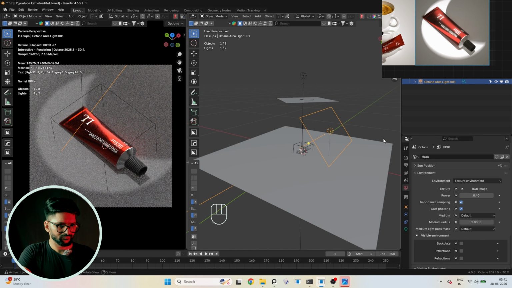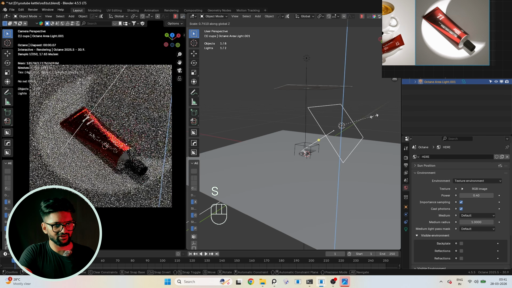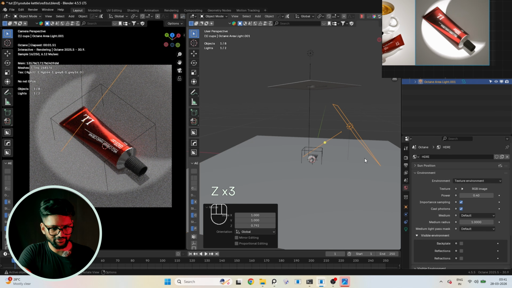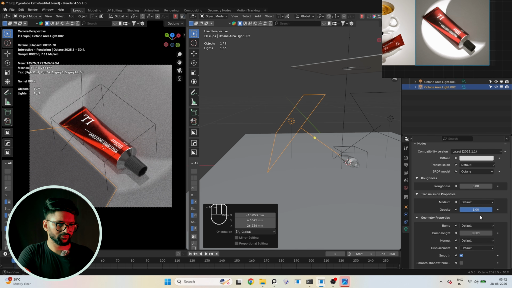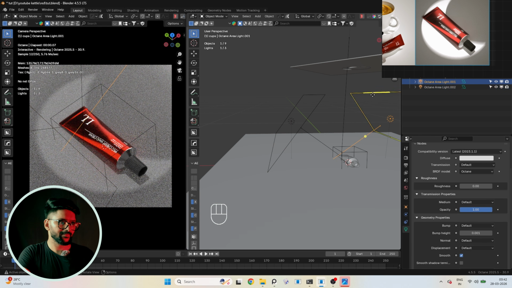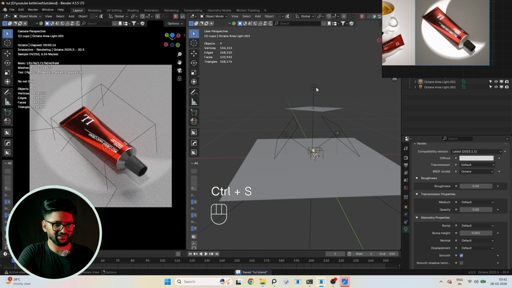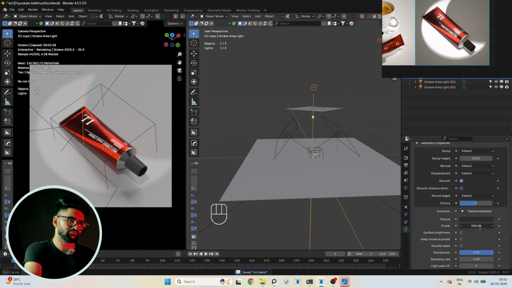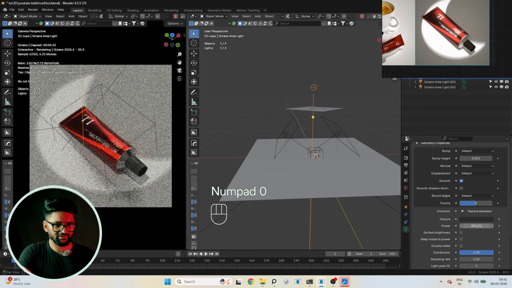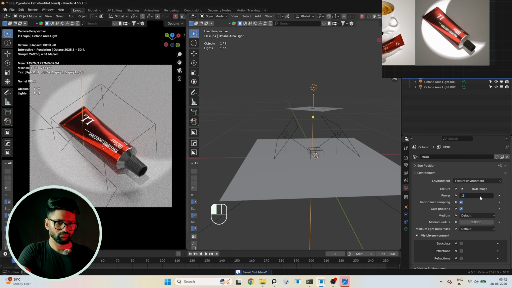Okay, then this light is looking way too harsh, we don't need any harsh light, so we'll just reduce the power of this to somewhere about 50 and you are done. So you can see how beautifully we had created this render. And wait, let me just increase the power to somewhere about 800 and decrease the world light to 0.2 or